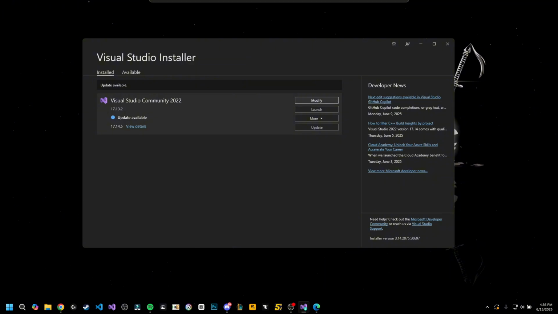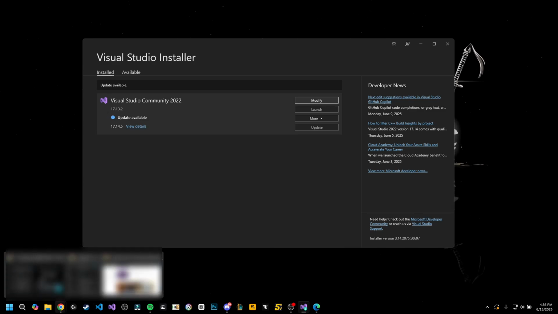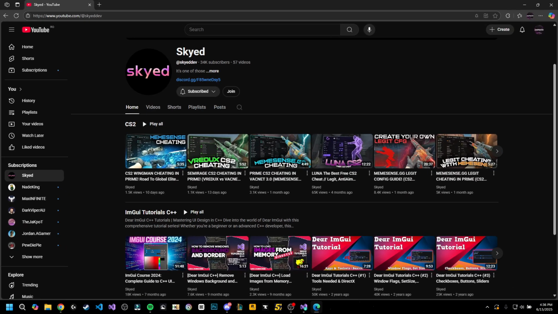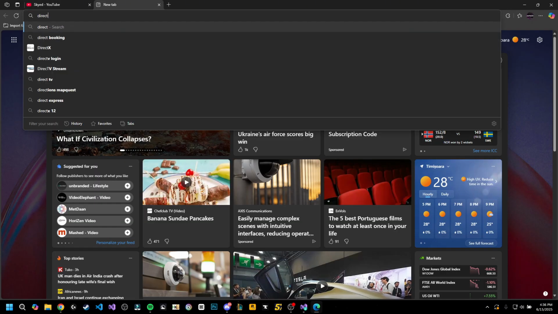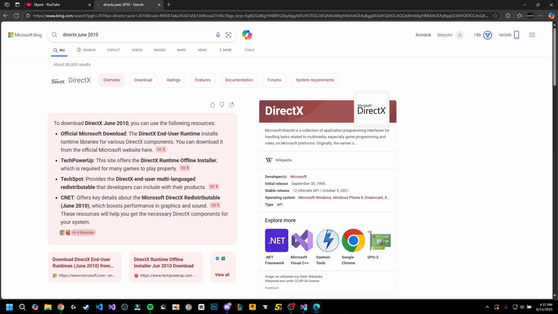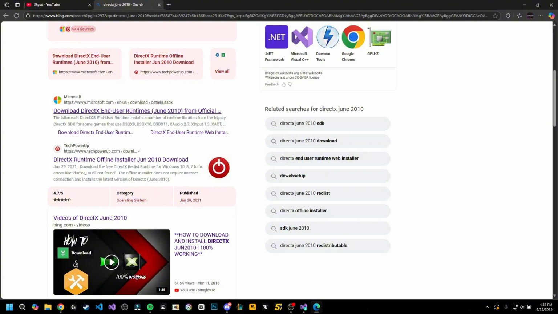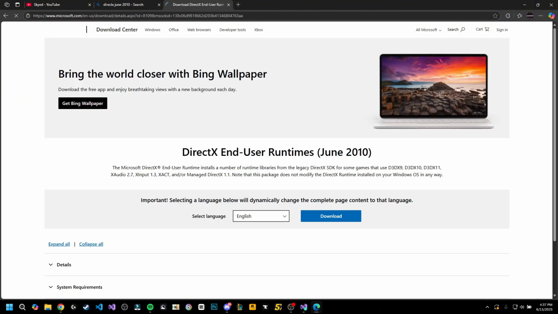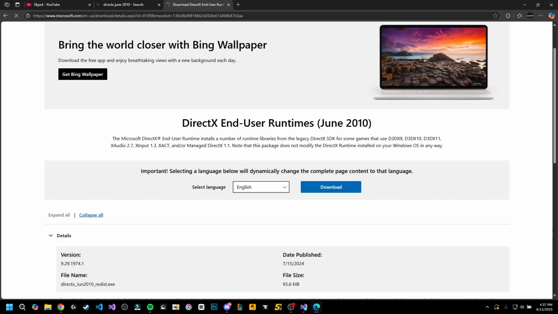So after we've done this, we need to install the DirectX frameworks. For this, again, you have the link in the description, but we're gonna search DirectX June 2010 here, and we're gonna download the DirectX End-User Runtimes from June 2010. We're gonna need this because I'm going to be working and teaching today by using ImGui